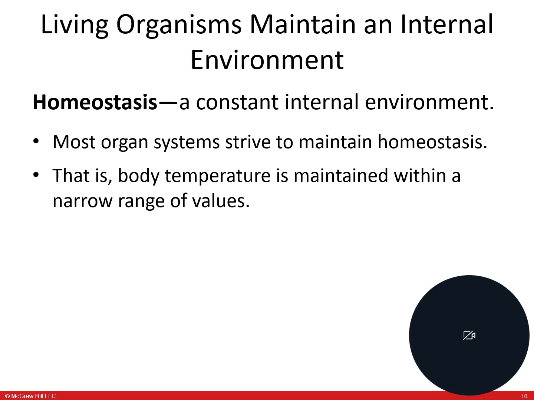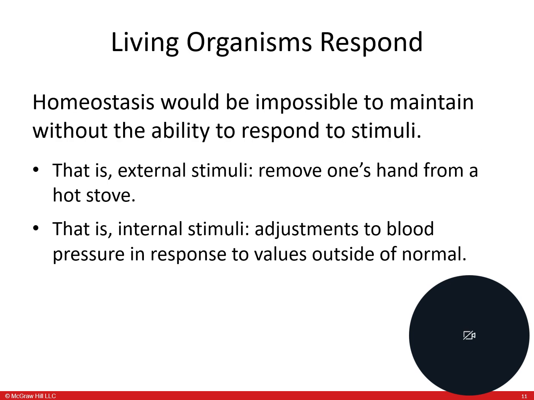And that's where we start calling it pathologies at that point, whether you have a fever or you have hypothermia, because now you've fallen out of homeostatic range. Just like blood sugar, right? We need to maintain blood sugar between 70 and 110 milligrams per deciliter. If we have too low a blood sugar or too high a blood sugar, we get diagnosed with diseases like diabetes. Now, if we just go out of range temporarily, that's one thing. But if we can't maintain that normal range, that's where we talk about problems with homeostasis.